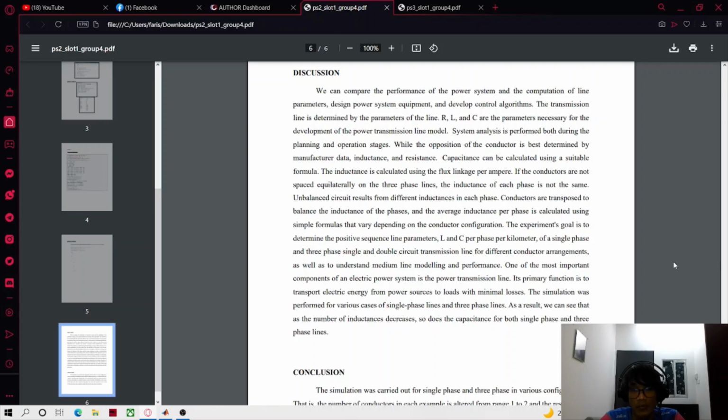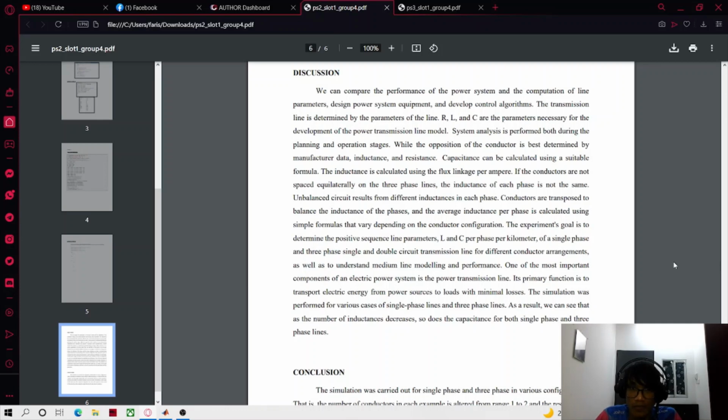We already came to a discussion that we can distinguish the performance of the power system and the computation of the line parameters, design power system equipment used, and development control algorithms, which we implemented in the MATLAB simulation. And the transmission line is determined by the parameters of the line, and the RLC are the parameters necessary